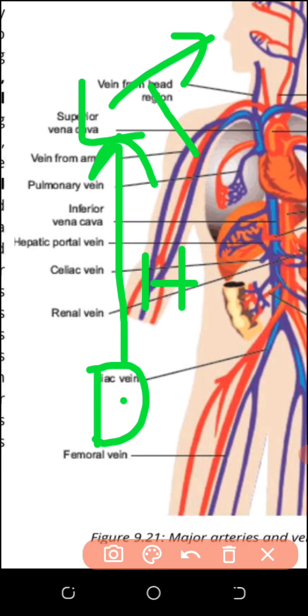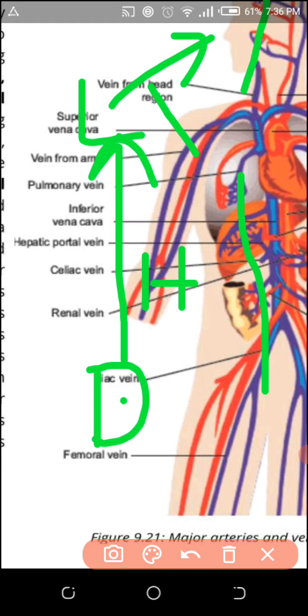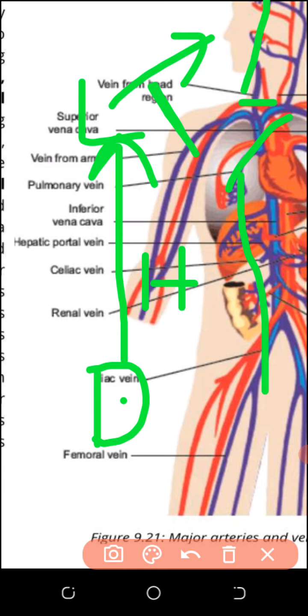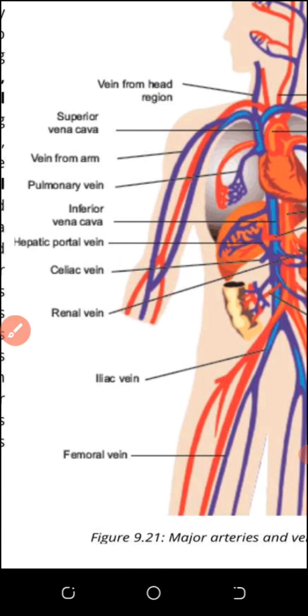by the hepatic vein. So the inferior vena cava collects the blood from the posterior part, and the superior vena cava collects the blood from the upper, anterior part, and it goes into the right atrium. Hepatic vein collects the blood from the liver. That was a little technical. I told you the celiac vein also goes to the digestive system. Renal vein also collects the blood from the kidney.